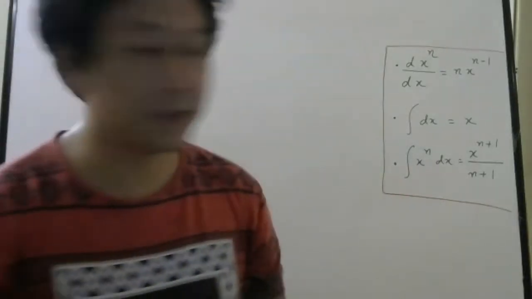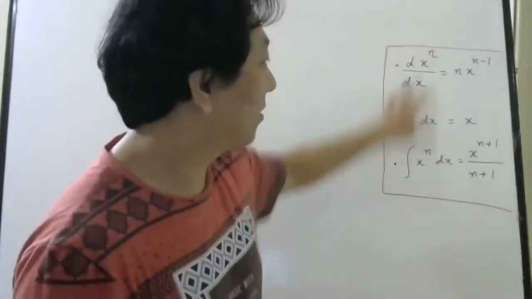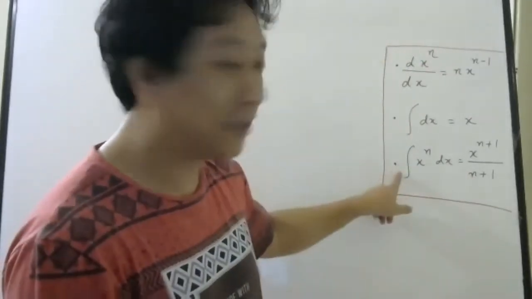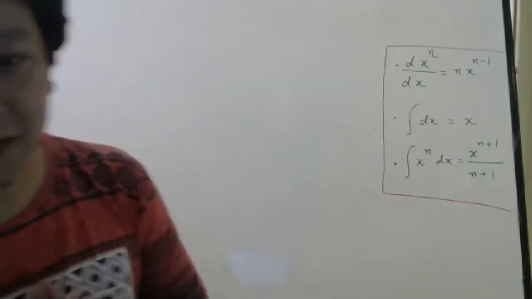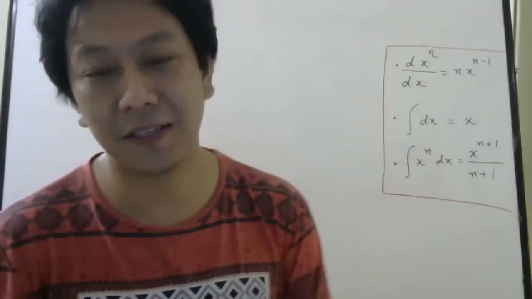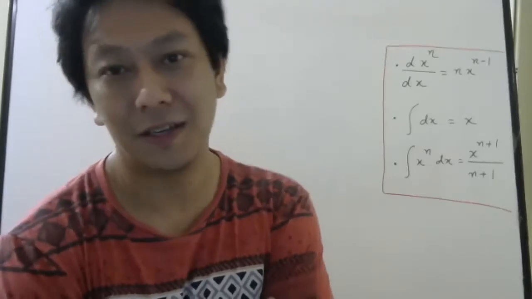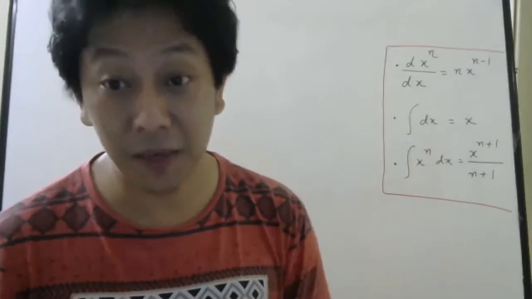So as I told, this formula should be in your mind all the time. This is differentiation of x power n. This is integration of x power n. Please remember these things. Without this, it will be difficult to do physics. It's like, if you don't know ABCD, how will you learn English literature? So these are the basic foundations of the mathematics of first PU.